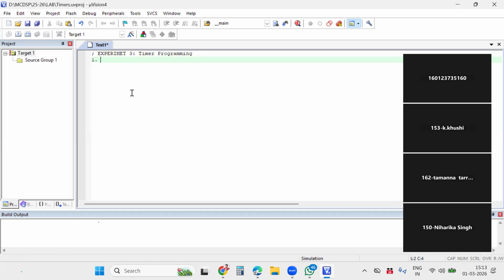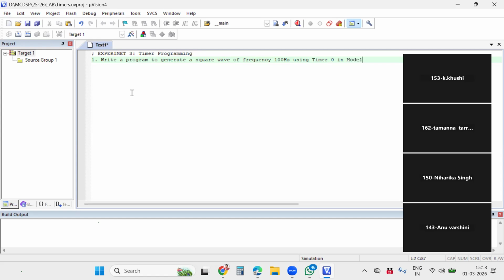One is: write a program to generate a square wave of frequency 100 Hz using timer 0